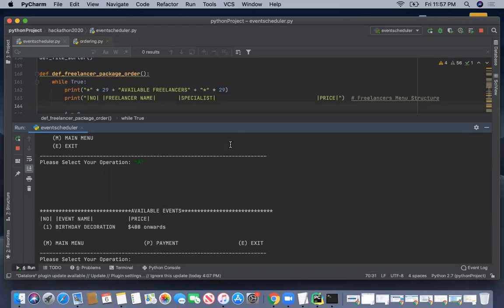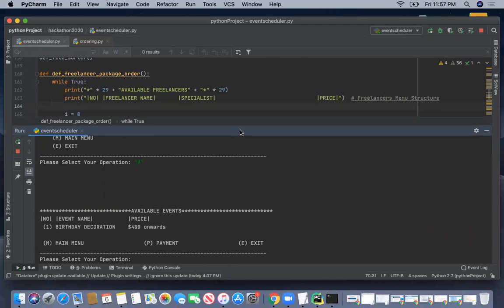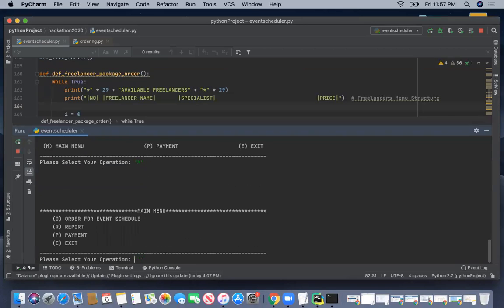We have logic in the database where we maintain the active freelancers, and we maintain logs of the active customers, active users, active freelancers, and active packages. Okay, let's go back to the main menu again.